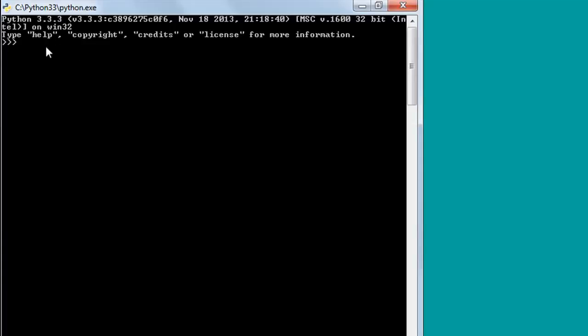and I see a few more things. If I want help from Python, then I can type in help and press the enter key. If I want to see copyright or credit or license information, then I can type in these three words and press the enter key. So there's some stuff that I can do here, but what we're going to do instead